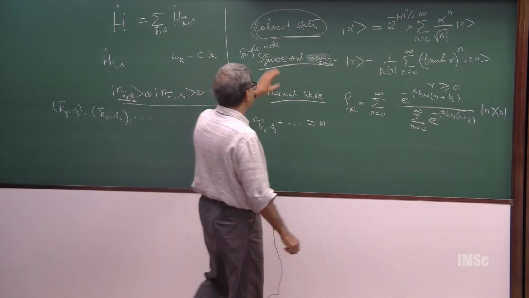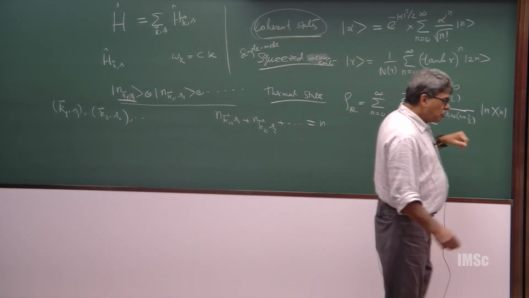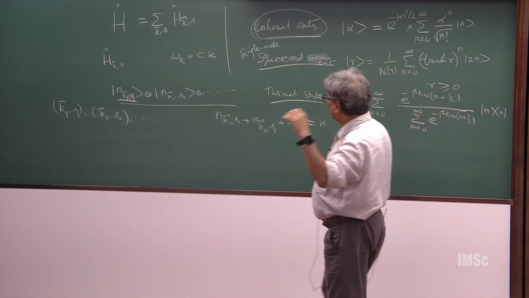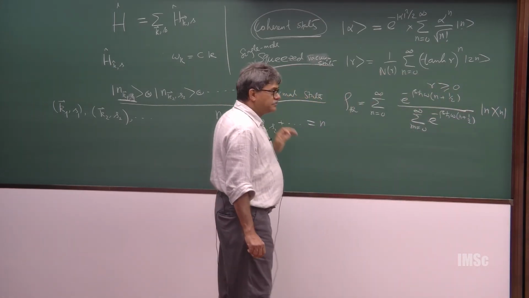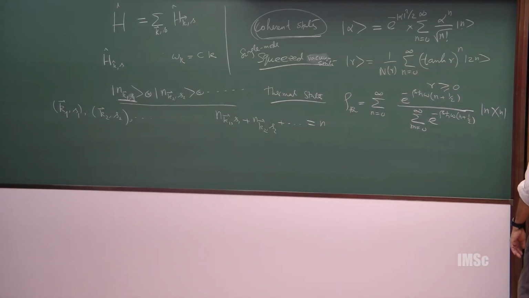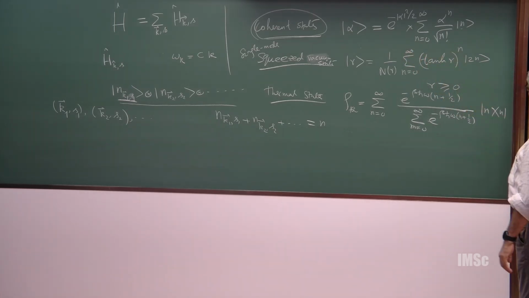So, let me concentrate on coherent states. Why am I going to concentrate on coherent states? Basically, coherent states are quantum states of course, but they behave very closely to states of classical light, that means a classical electromagnetic wave. And that makes our life much easier. So, let me first talk about some properties of coherent states and then I will come back to other things.